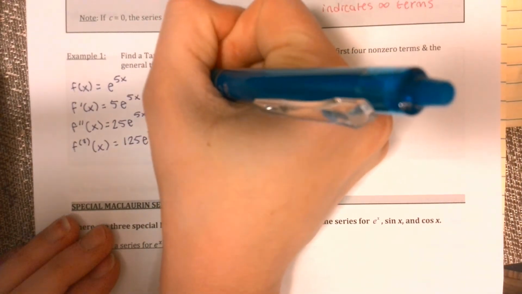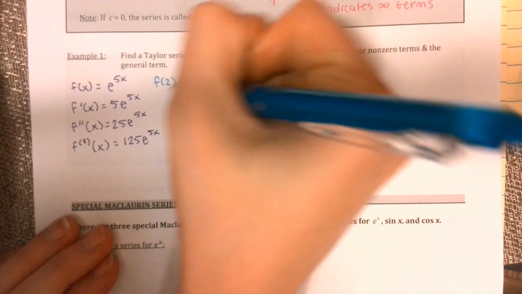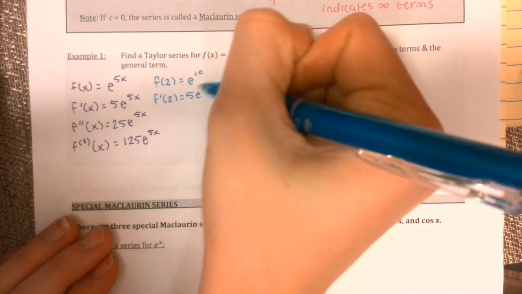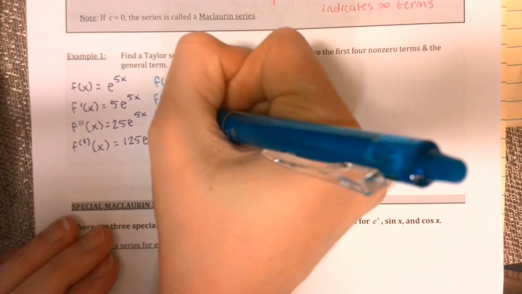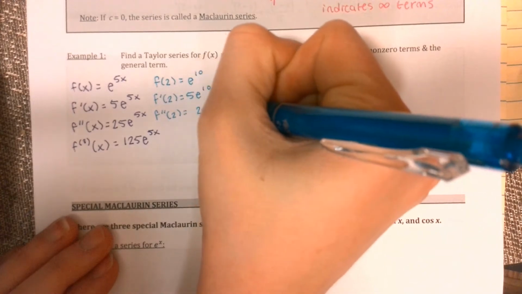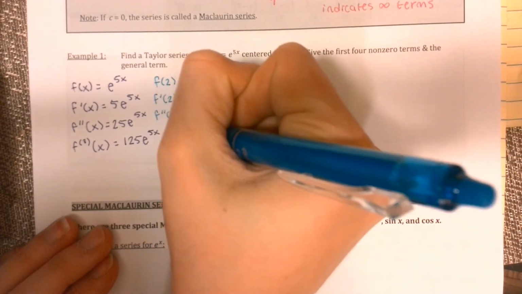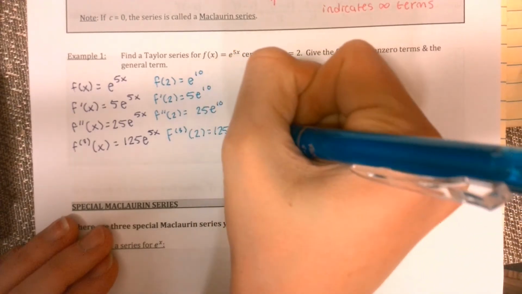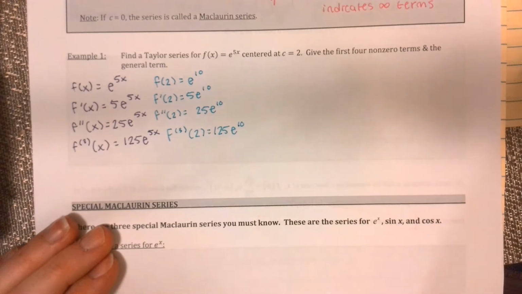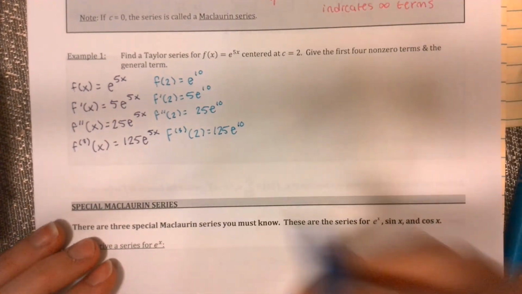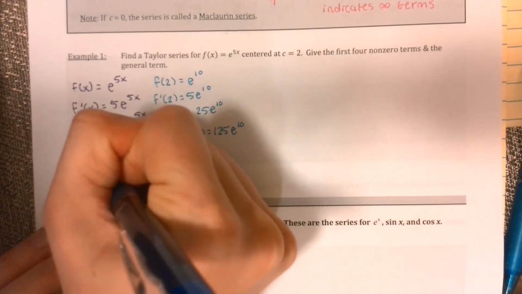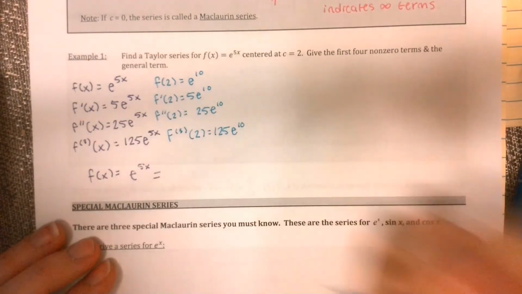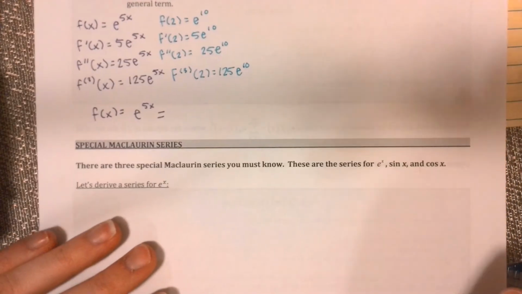So f of 2 is e to the 10th. F prime of 2 is 5e to the 10th. F double prime of 2 is 25e to the 10th. And finally, the third derivative at 2 is 125e to the 10th. Okay, so if I'm writing my power series out, I can write that f of x is equal to, or I can write e to the 5x is equal to,